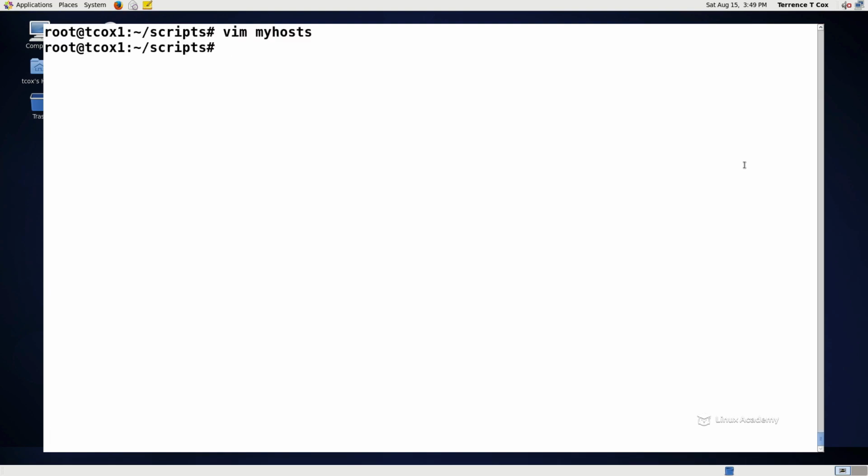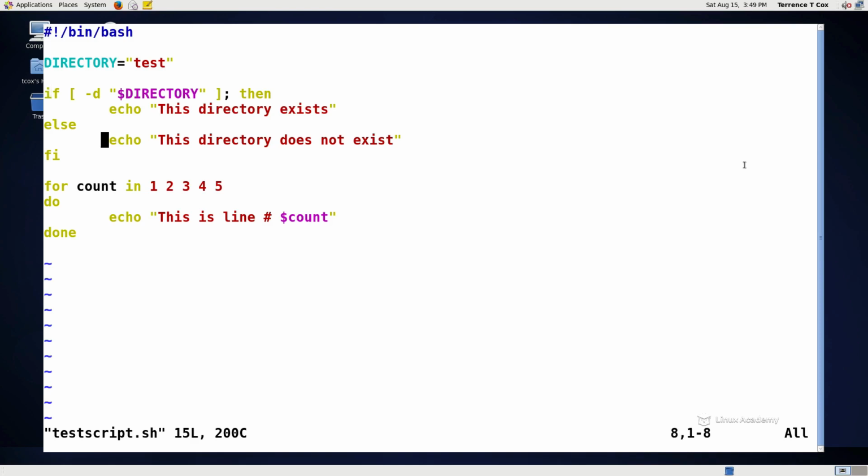These are the public DNS servers for Google. Now I want to run from within my script, I want to ping 3 times each of those hosts, in order in the script in which they appear by reading the myhost file. I can do that by editing my test scripts file, and underneath of my for statement, I'm going to create a while. So while I'm going to read in the host, which is just a variable that I'm setting,